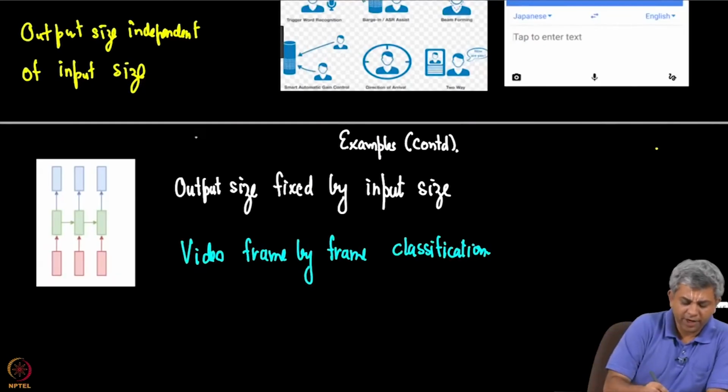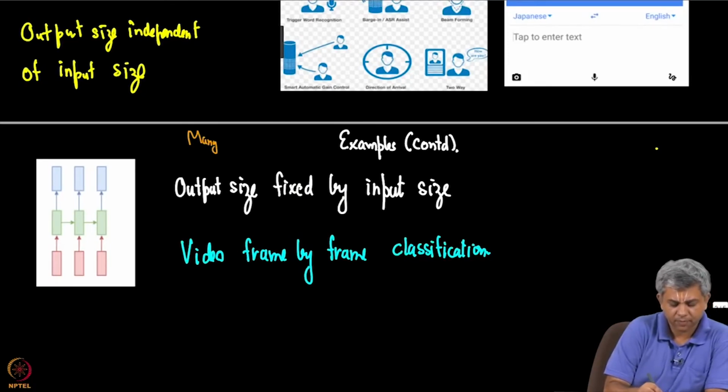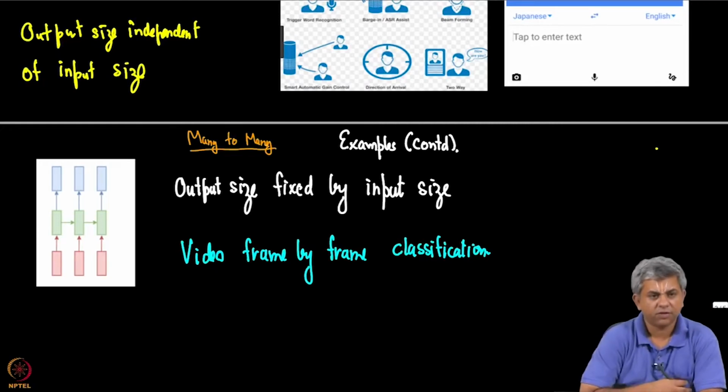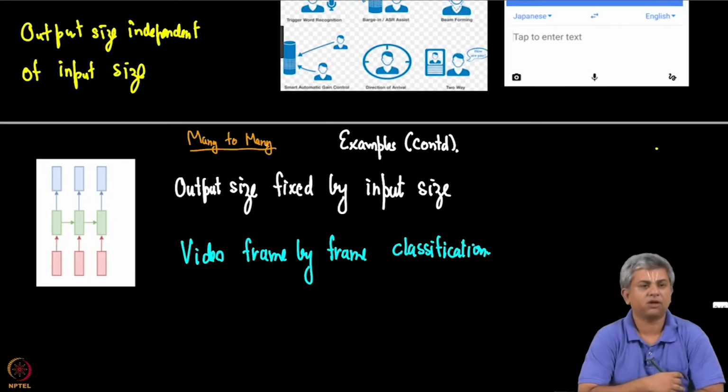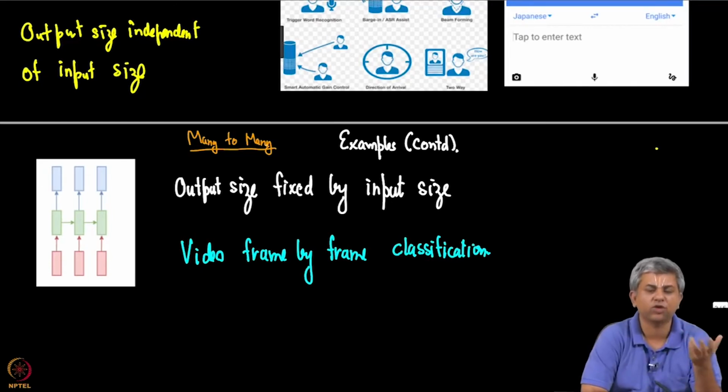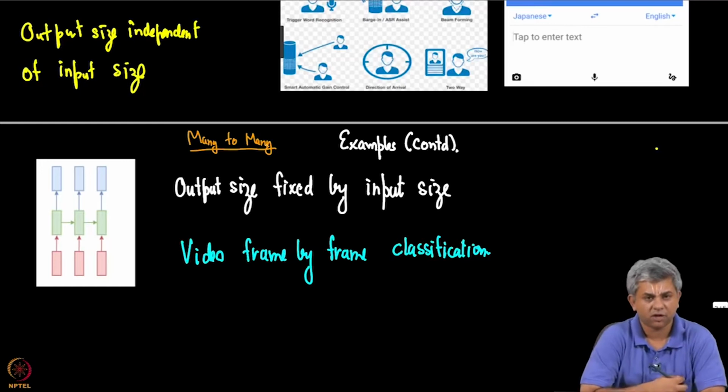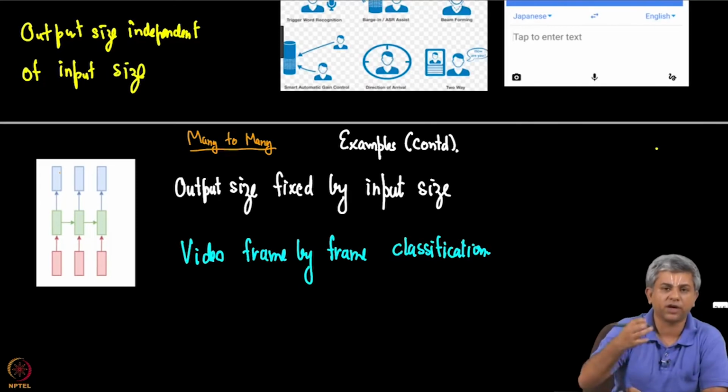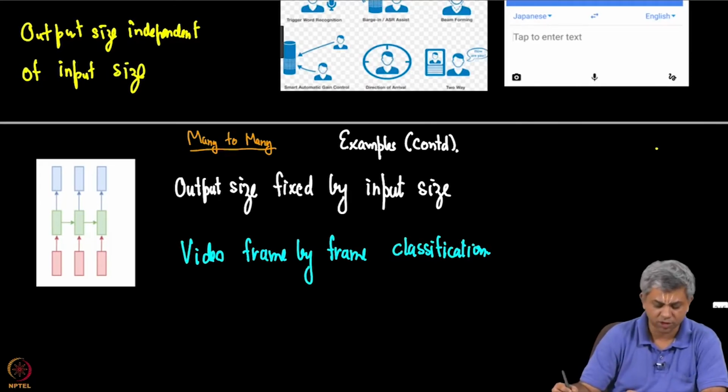Now, there is a final many to many task, and in fact, we will show you an example of this in the very next video. The many to many task here is where input size is the same as the output size. Okay. So, for example, a frame by frame classification of a video, and I will show you another example next time, which would be trying to figure out what a person is doing based on sensor data on that person, and you want to know what that person is doing every second. So, whatever input you have a corresponding output, at least you have equal number of inputs and outputs in such cases. So, all these are, I would say, traditional examples of what RNNs are used for.